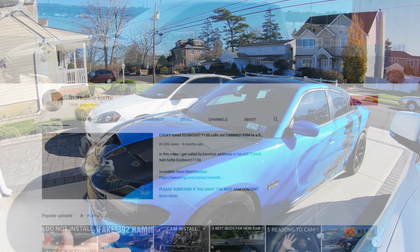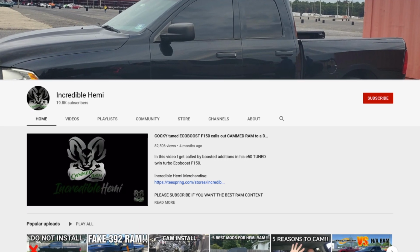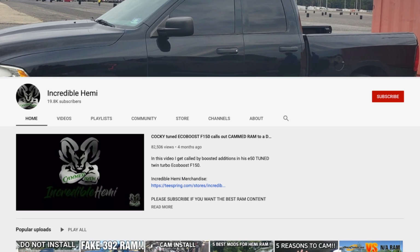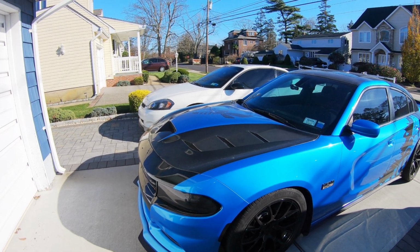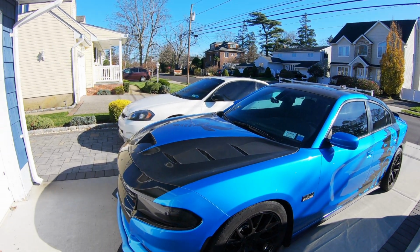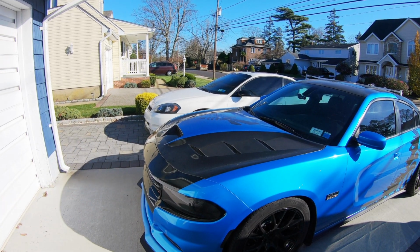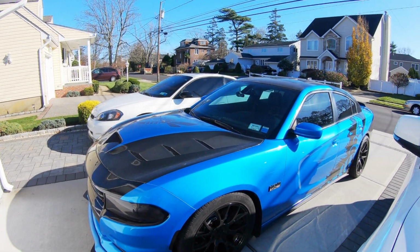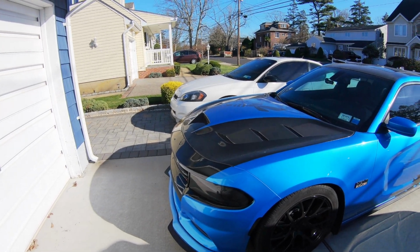Now the Ram belongs to Incredible Hemi. He has a YouTube channel and many of you guys remember him. He has a Whipple on there, stage 2 cam, long tube headers, full exhaust, a Circle D torque converter, pretty much the bells and the whistles, but it is still a 5.7. I believe at some point he's going to be forging that engine and cranking up the boost on his 2.9